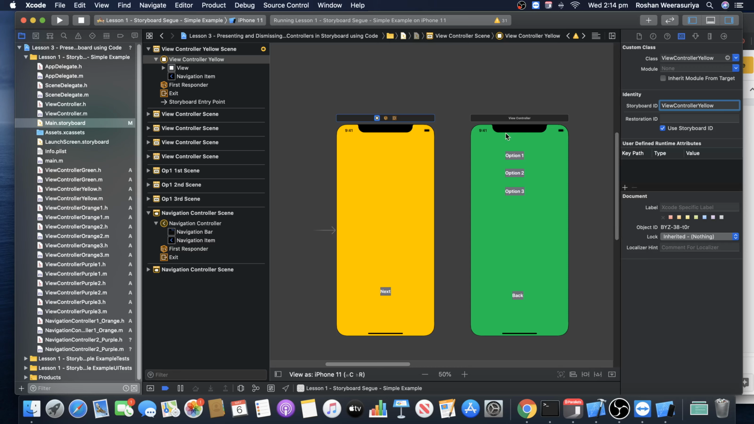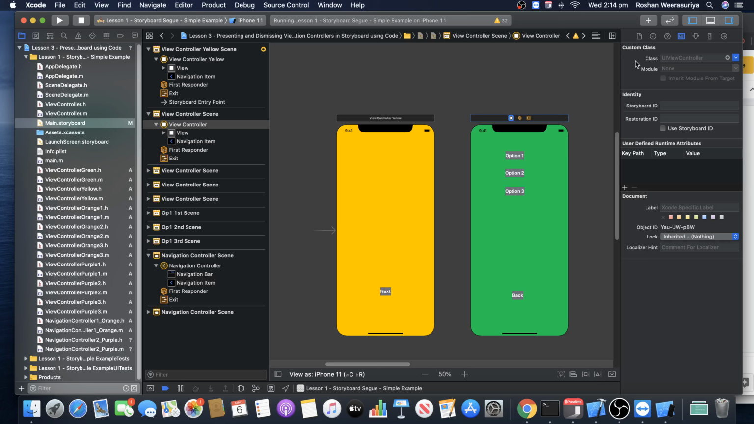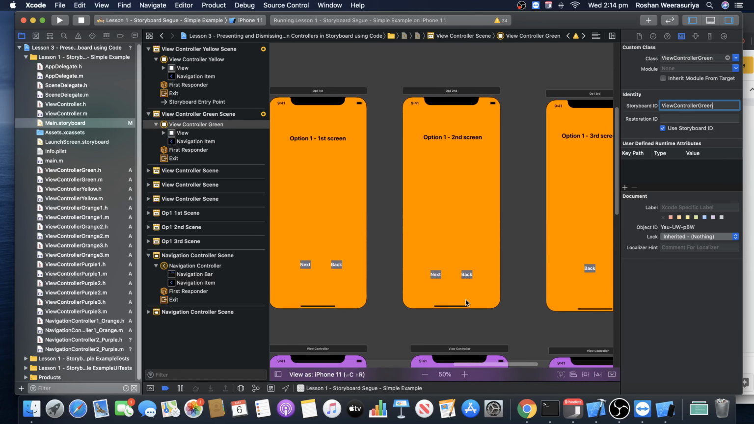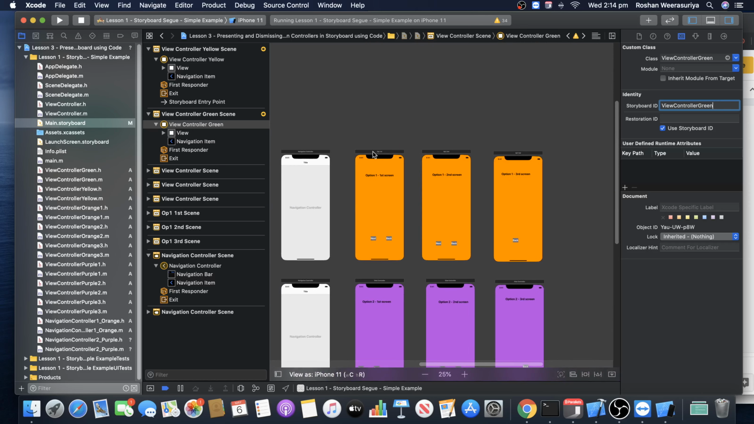You have to do this for all the view controllers now, right? So I did it for the yellow. I'm going to go for the green view controller. So once again, this time it's not view controller yellow. I've got the class name as view controller green. Then just copy this, put it here, click. So you have to do the same for all the view controllers, right? You do this for all the view controllers. So click on this,